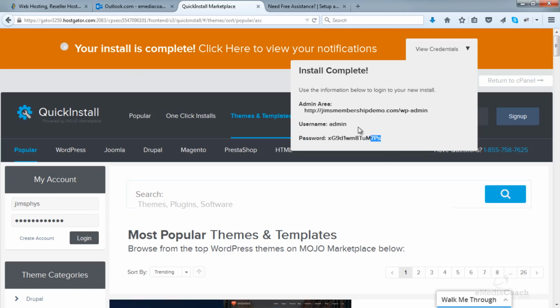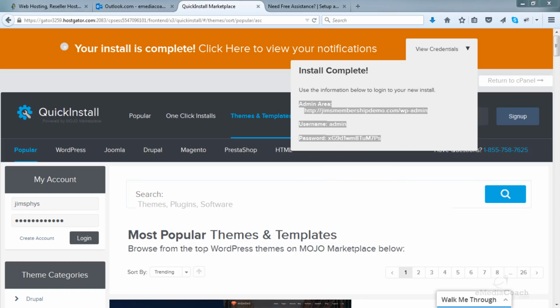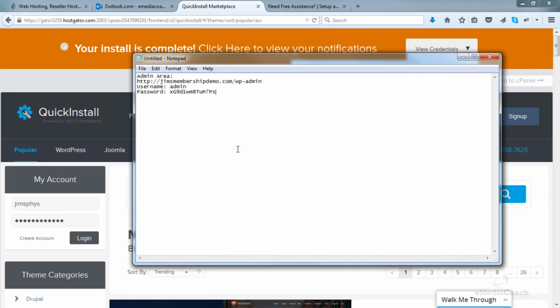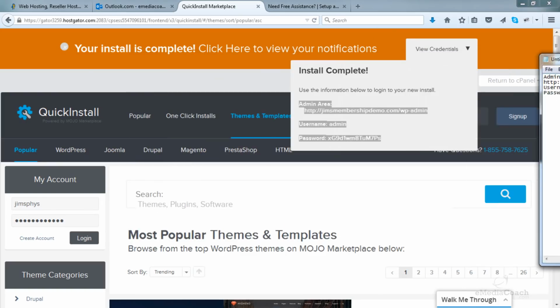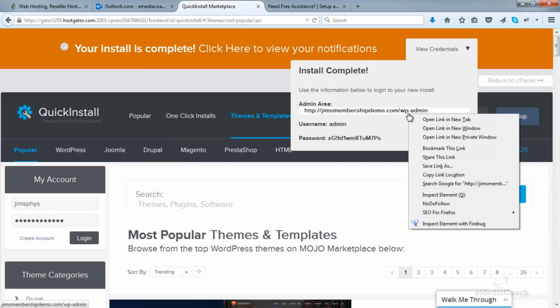Now what I would do is just copy this and perhaps put it in a notepad, just temporarily. Okay, so this is your WordPress login URL. It'll be yourdomain.com/wp-admin. So if I just right click that and open that in a new tab,